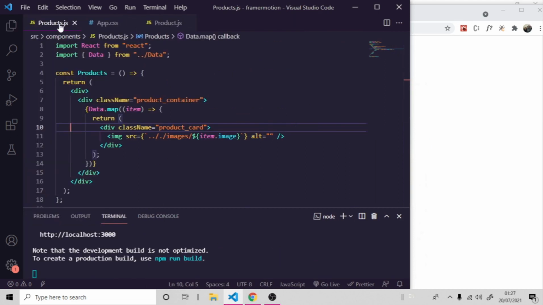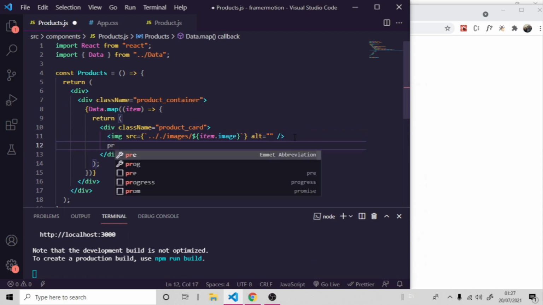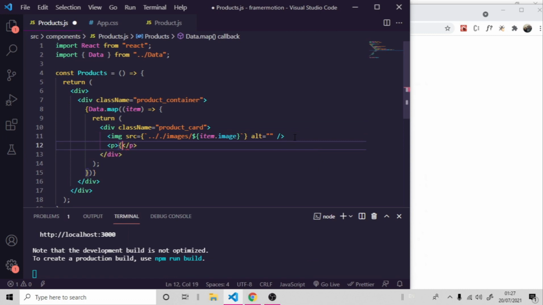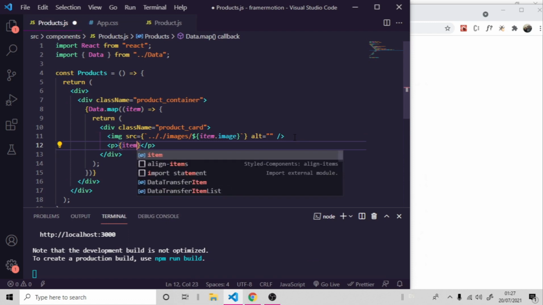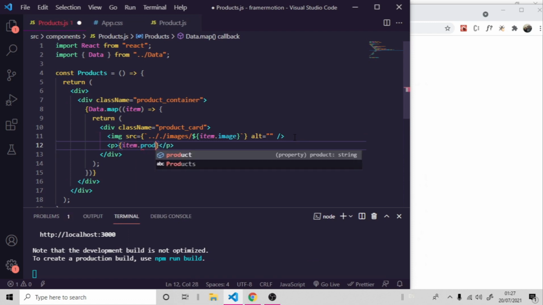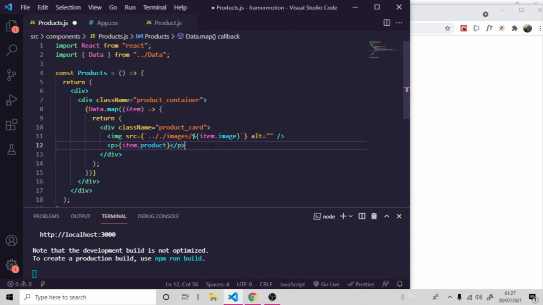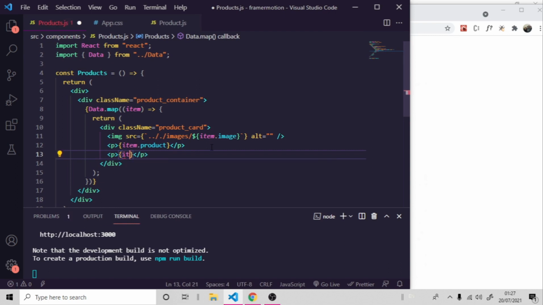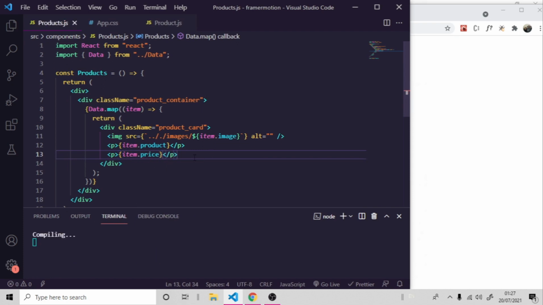And now display the name of the phone. It's going to be item.product. Then I'll also display the price in a paragraph. It's going to be item.price. So if we save that,